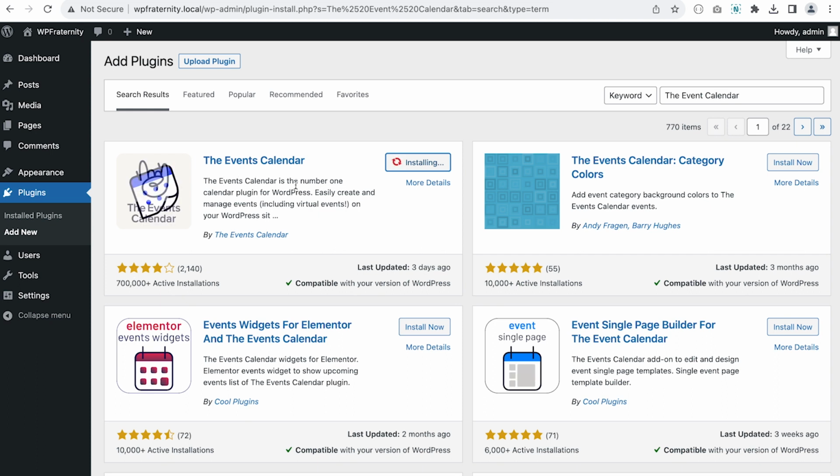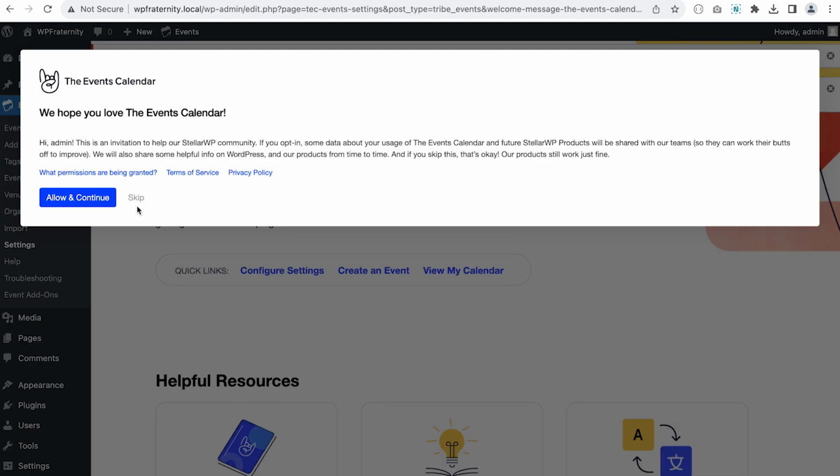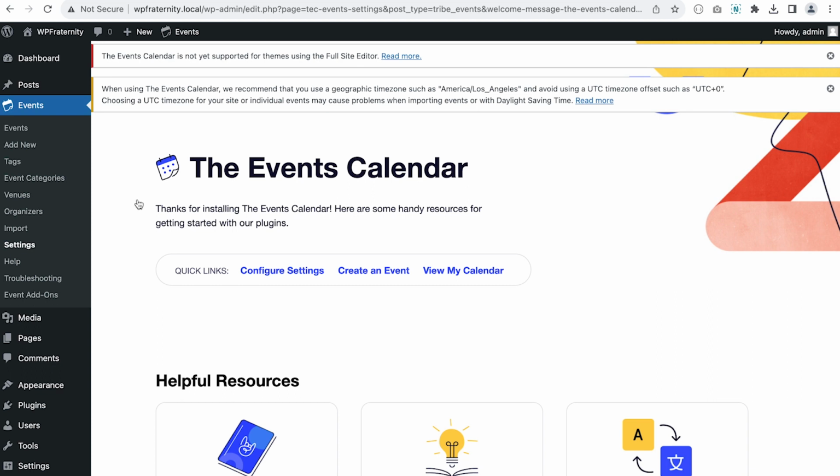It will take just a few moments to install. So the plugin is installed. Let's activate. So it's activating. For now, let's skip this one. Now that we have the event calendar plugin installed and activated, on the left hand side we will see